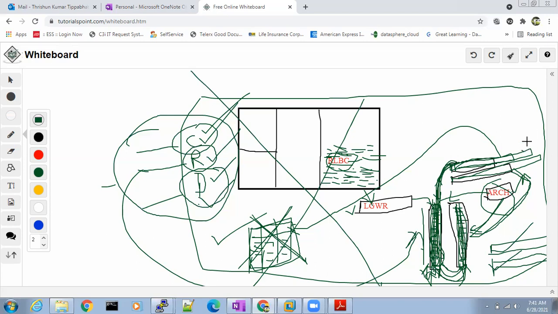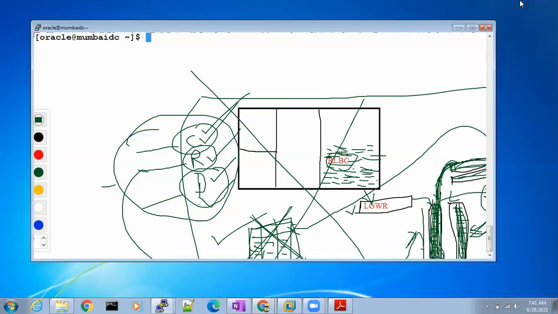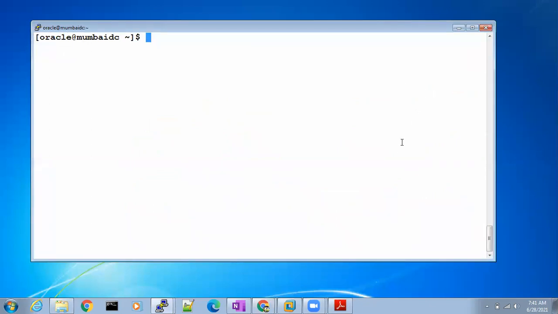So what's happening in the database? The archives are generating, which means the database is in archive log mode, which means our data is safe. Till now, you have tried to understand only that our data is safe. Why is our data safe? That is why I made you do a practical example.